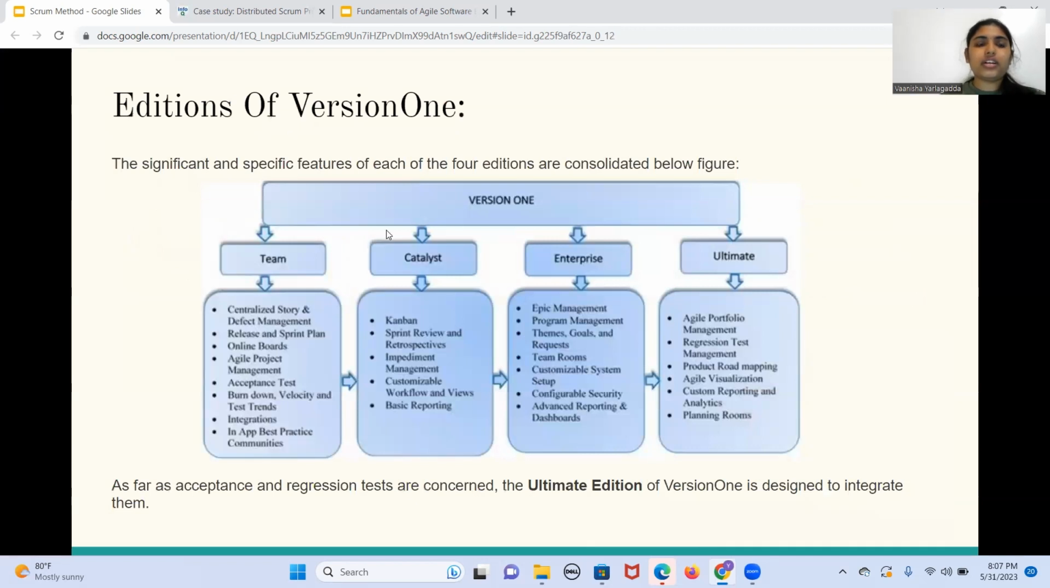There are different editions in version 1. Some of those are Team, Catalyst, Enterprise, and Ultimate. As far as acceptance and regression tests are concerned, the Ultimate edition of version 1 is designed to integrate them. As we go into their features, the Team edition offers centralized story and defect management, and it is